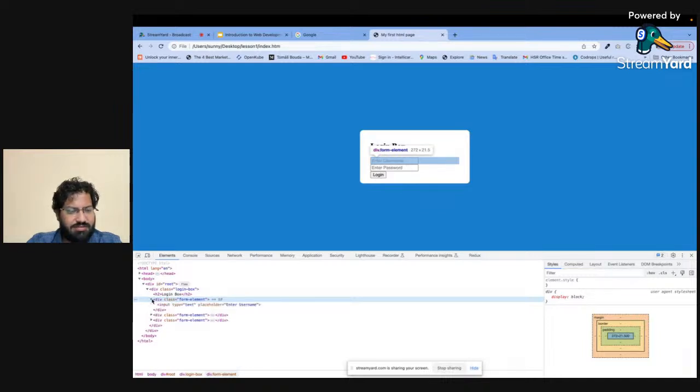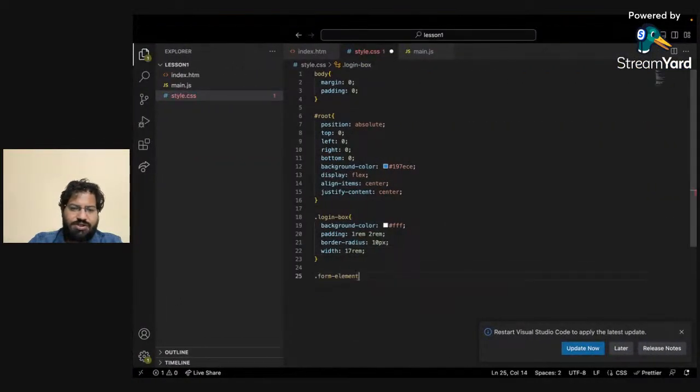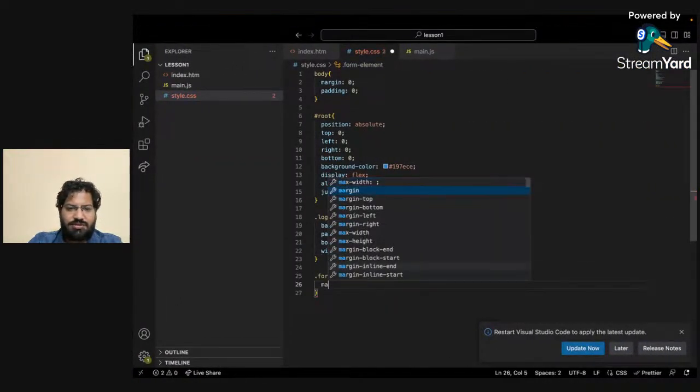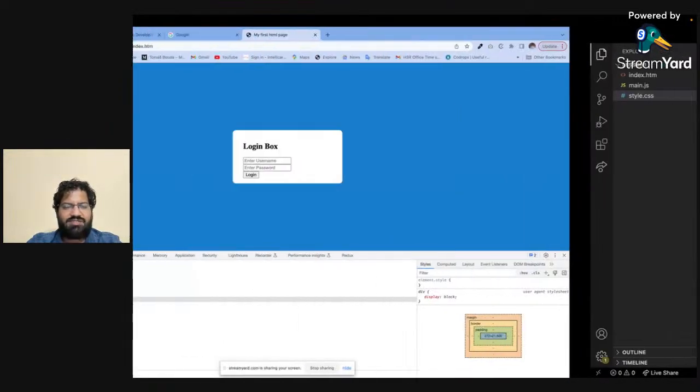Now this is one div, form element. Under that we have input. Okay, now you can see all these form elements are stuck to each other, right? But we don't want it like this. It is not looking good. So what we'll do is, we'll add margin bottom using this class name. Okay, so what we'll do is, dot form element, margin bottom 1 rem. Okay, and if we refresh it,